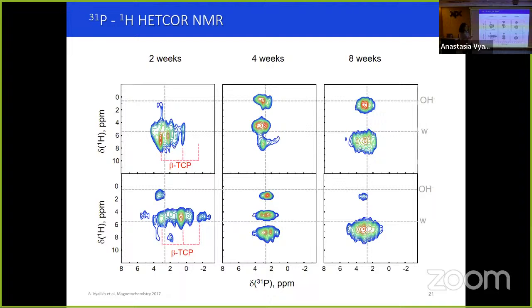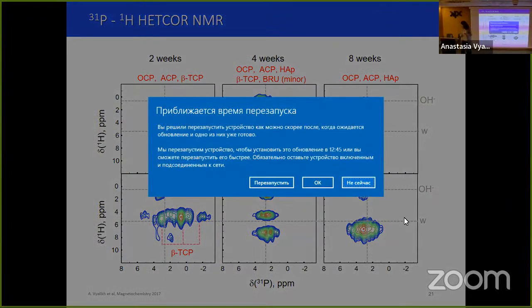Based on the literature data we collected, we can now assign different peaks, and we find the presence of octacalcium phosphate, amorphous calcium phosphate, and beta-tricalcium phosphate at the earliest stage of mineralization, and then the process of rebuilding, remodeling takes place, and we see the appearance of